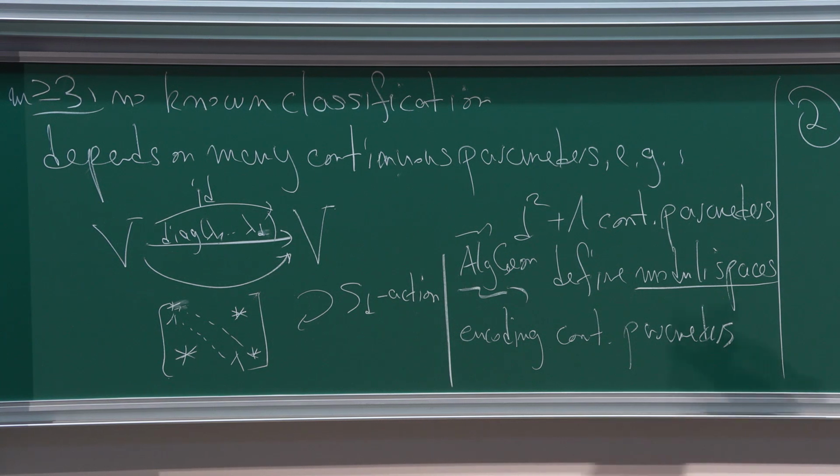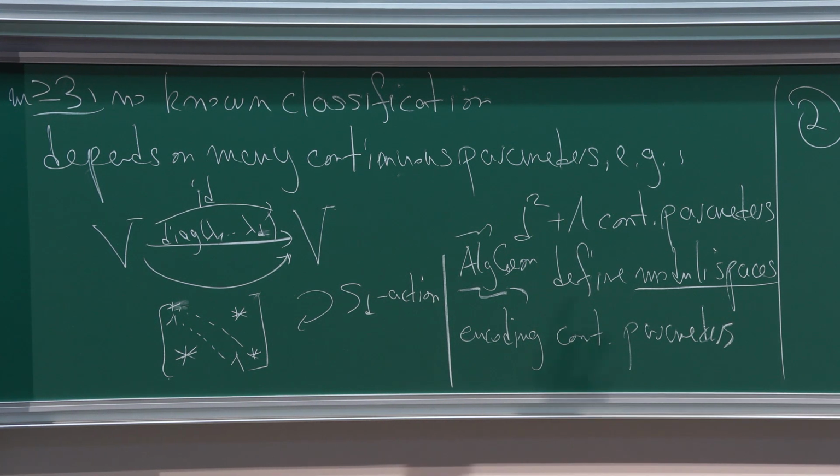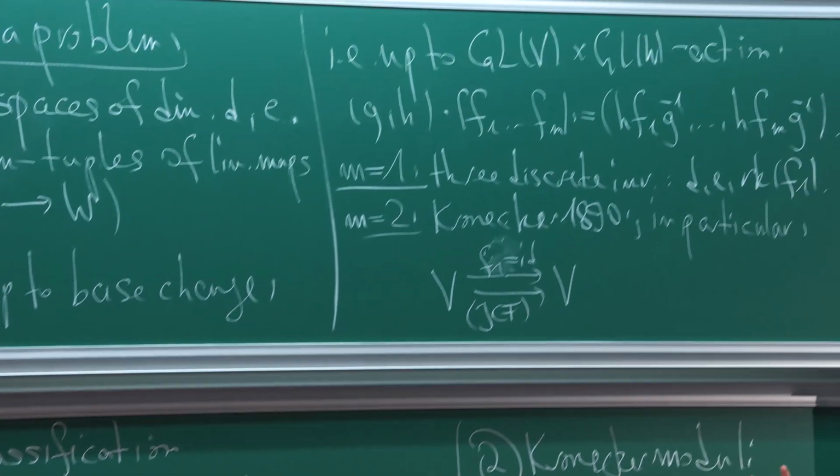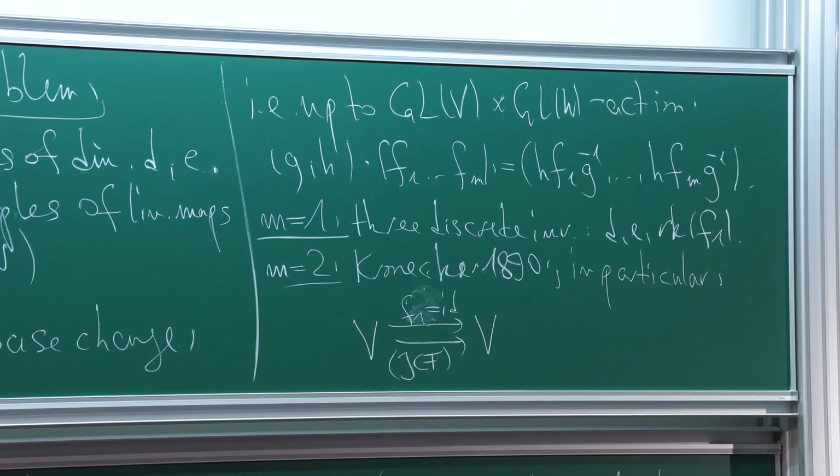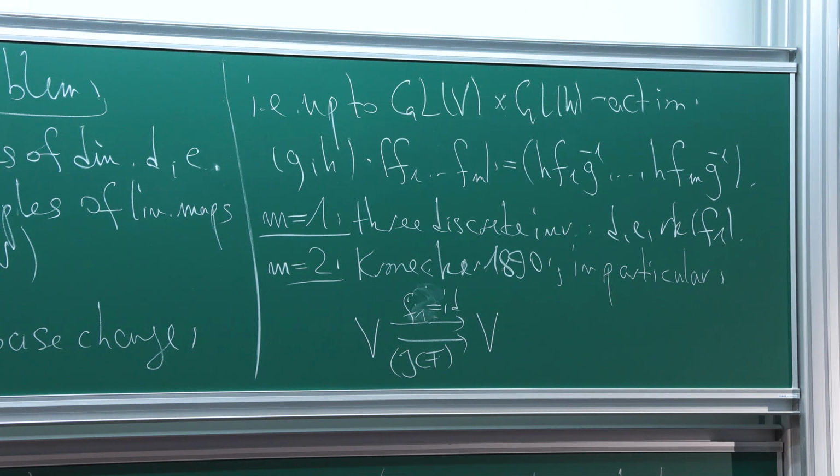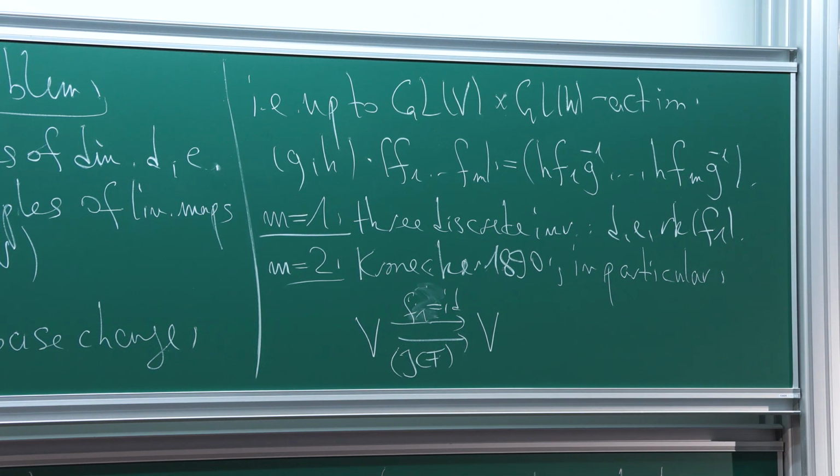So just to do a reality check, m equals 1 and m equals 2. In the case m equals 1, we just have discrete invariants, so there are no moduli spaces. Well, there's no need for moduli space because there are no continuous parameters. In whatever way you define moduli spaces, they're either empty or single points. Yeah? In the second case, the Jordan canonical form, well, the only continuous parameters you have are the eigenvalues of the matrix, so the moduli spaces will be something like affine spaces. Yeah? Affine spaces of dimension d,